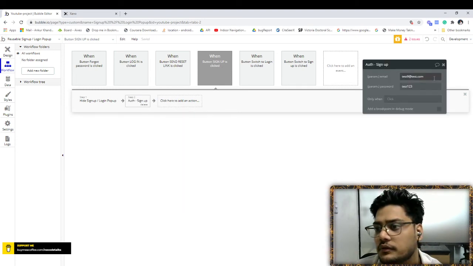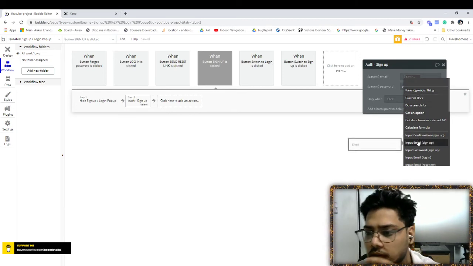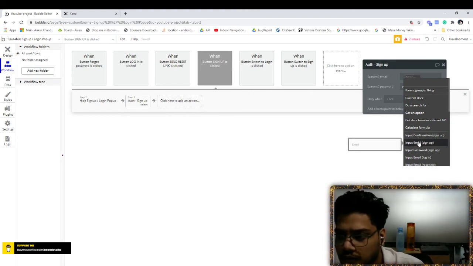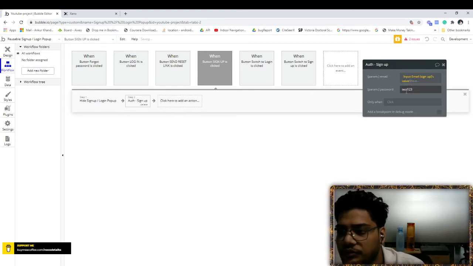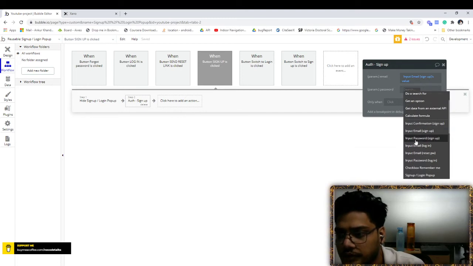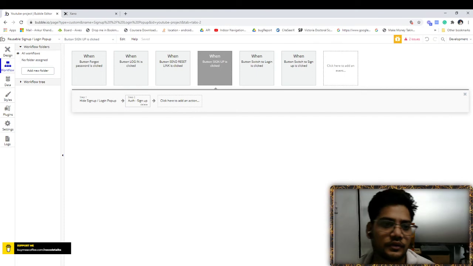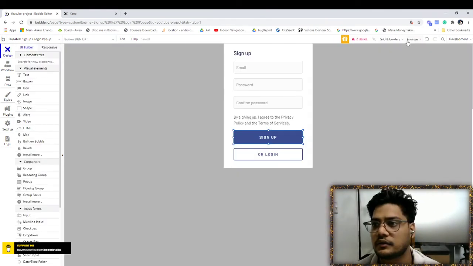Now we will insert dynamic data for the email value and the input password value. Just save it and run it.